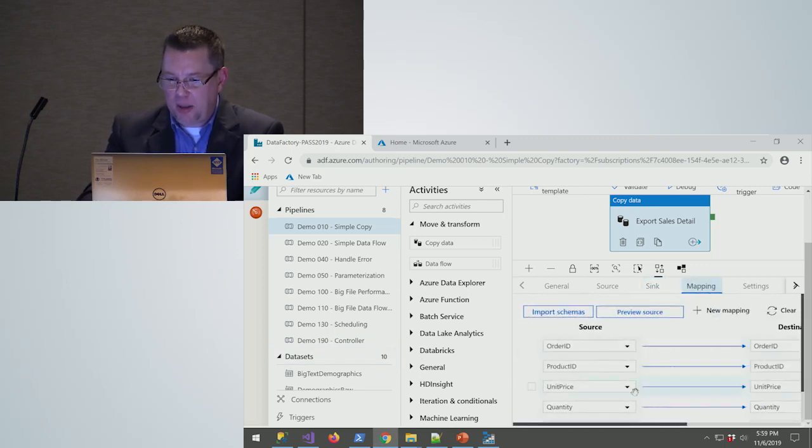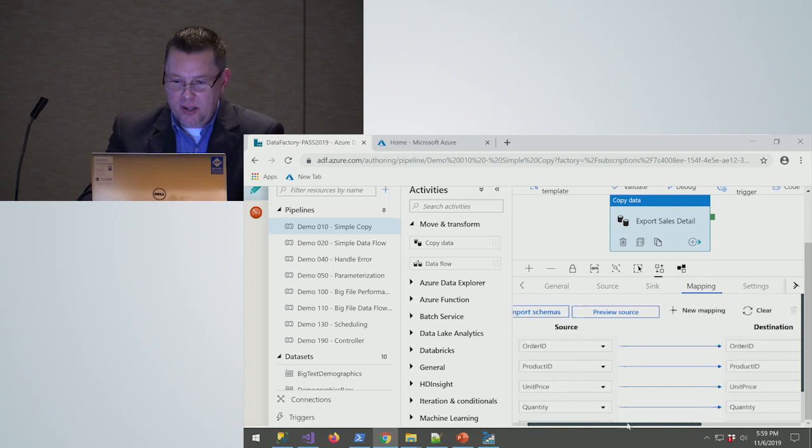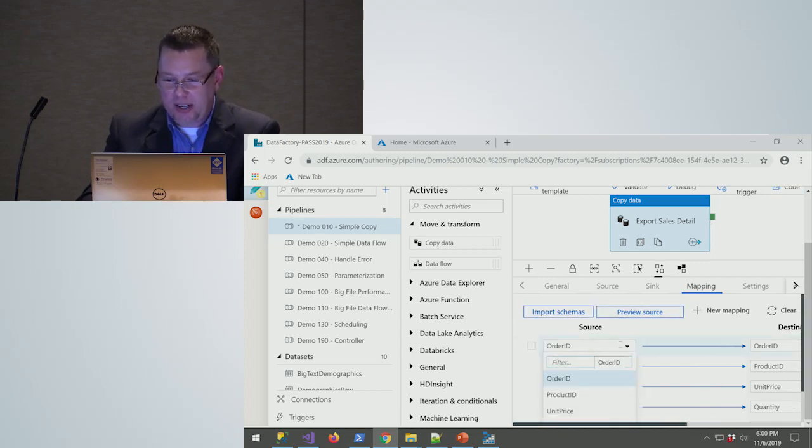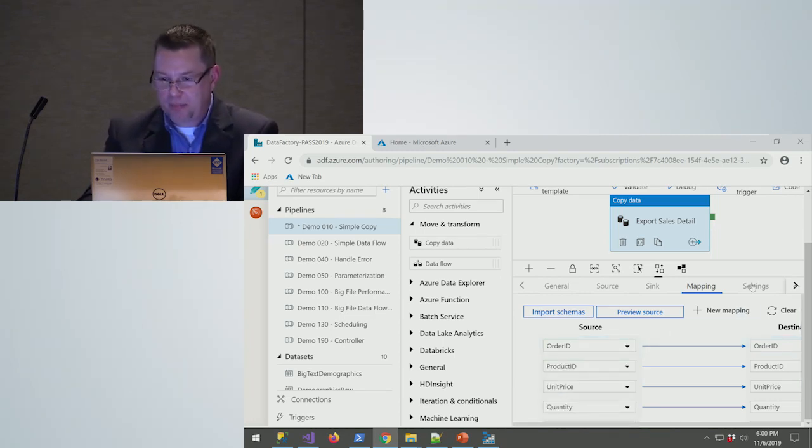If I need to do column by column mapping, I can do that here. Just like integration services will do, if those column names are identical and the data types are similar, it will do the automatic mapping for you, and it'll give you a warning if it can't map something over. But you still have the option of using, just like you can on integration services, your drop-down list and pick a different column name if it doesn't correctly match it up on the auto mapping.